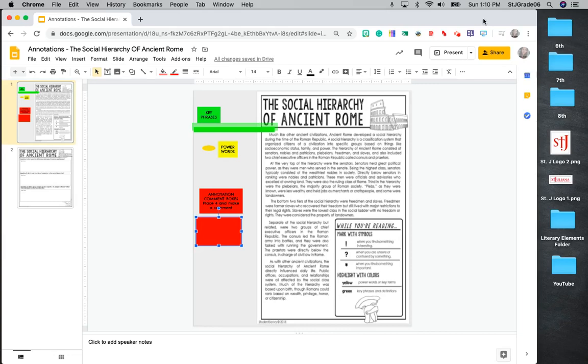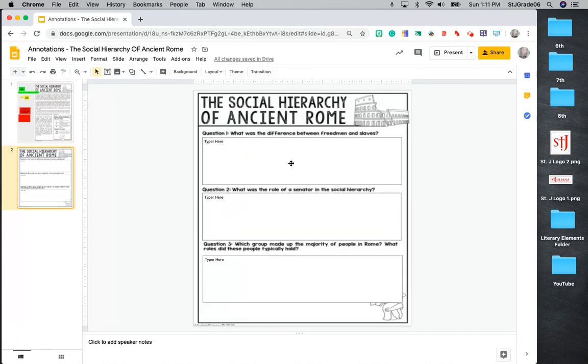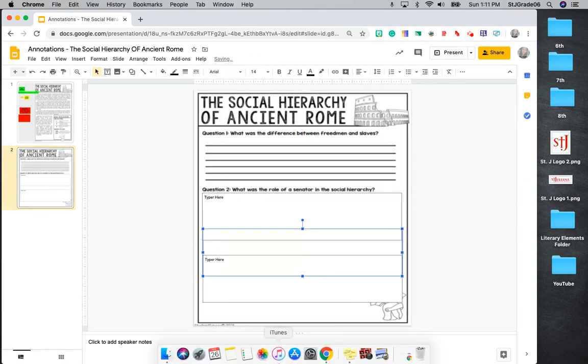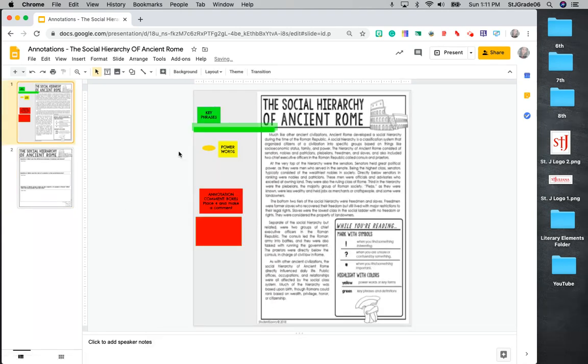Hi friends, so I have these PDFs that I usually print out for my students, and we usually mark them up and annotate them together, and then we usually answer questions on pages that look like this that have lines that my students write in. So what I've done is I've taken these PDFs and I've made them editable on Google Slides